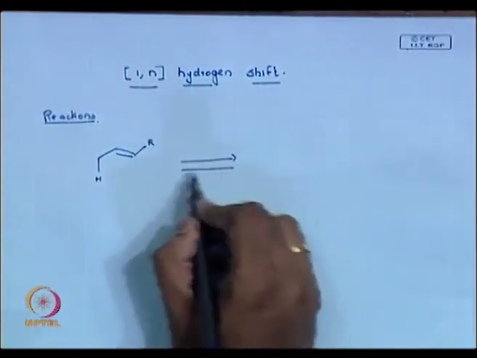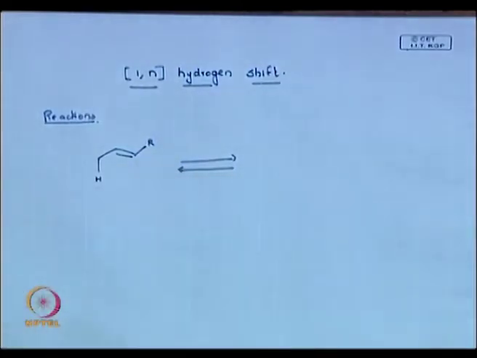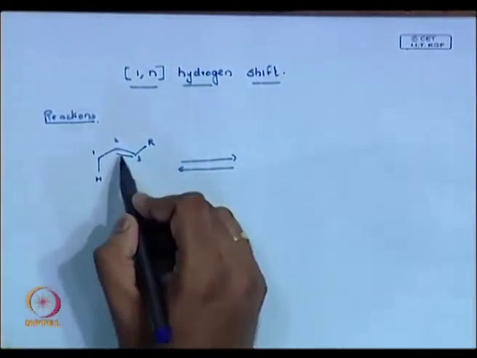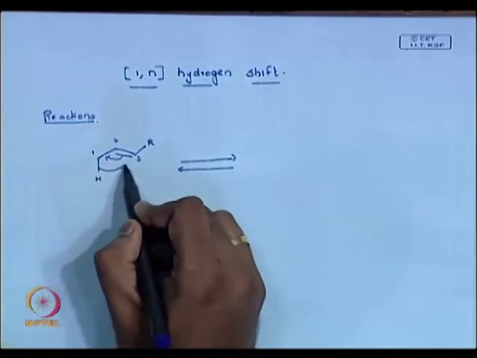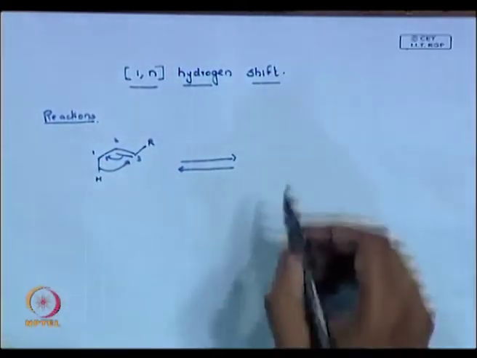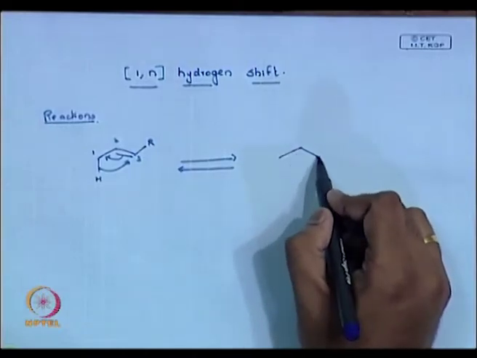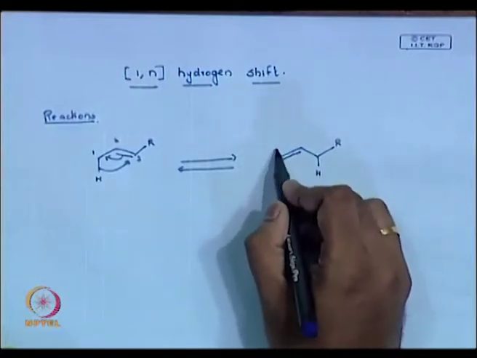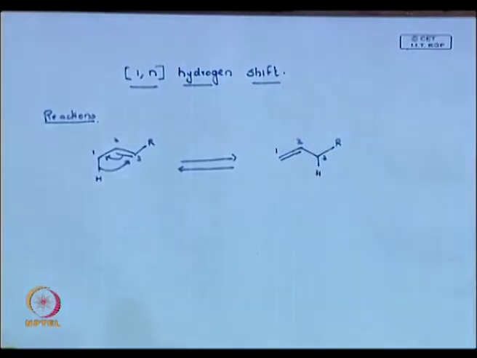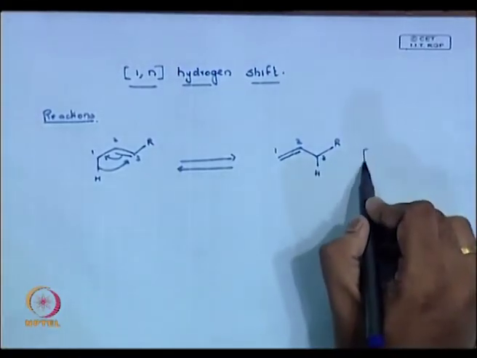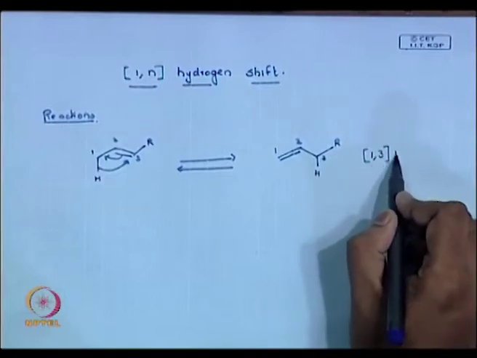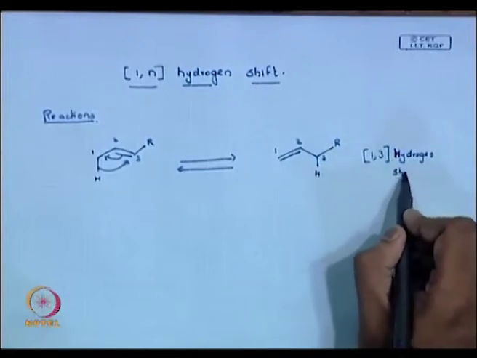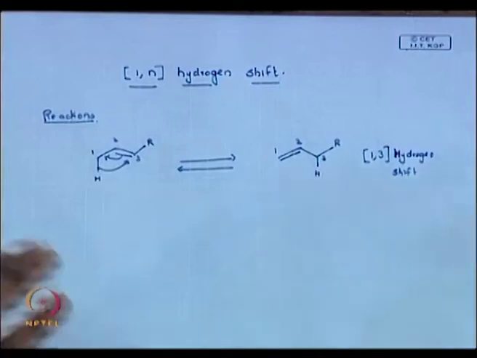See, when you write a pericyclic reaction, you write both ways because it can happen, right. So, I number it 1, 2, 3. Just see the electron push. Hydrogen. Okay. So, how do you represent that? You just write 1,3 hydrogen shift, small h, it also works, 1,3 hydrogen shift, or people write 1,3 bracket H, okay, that is the way of writing it.